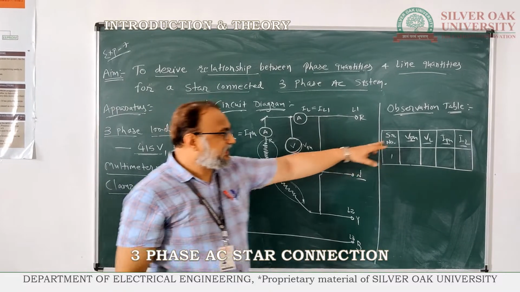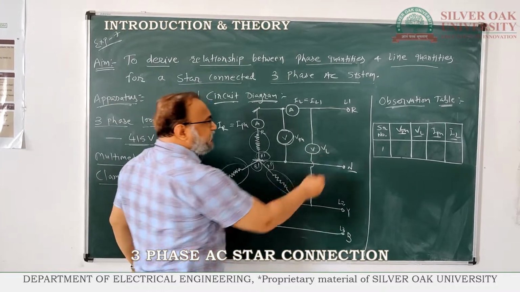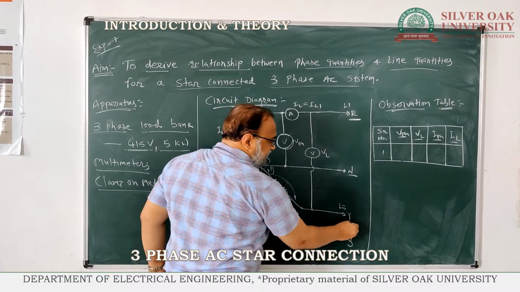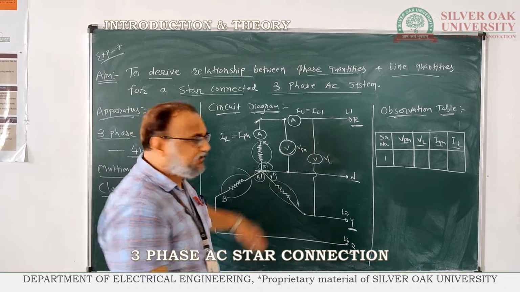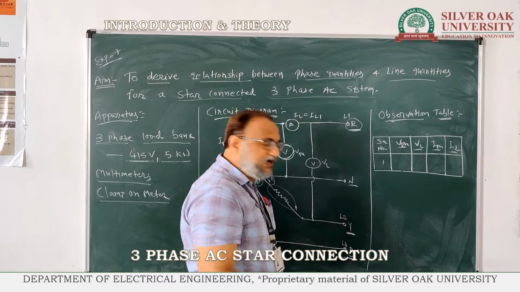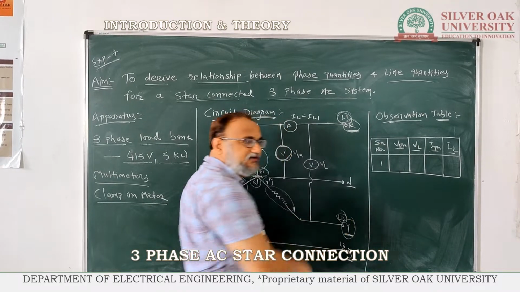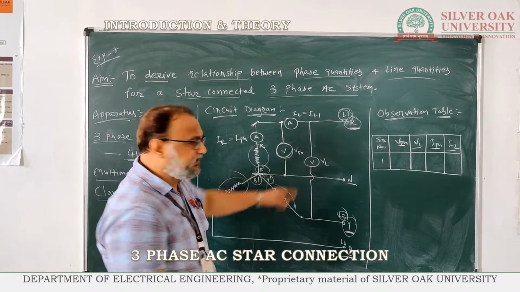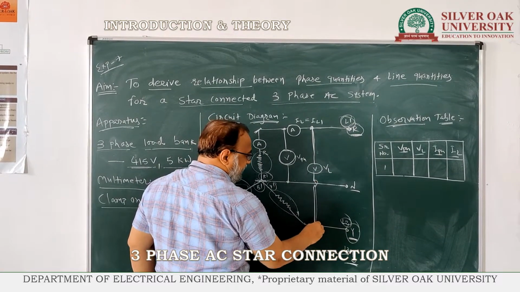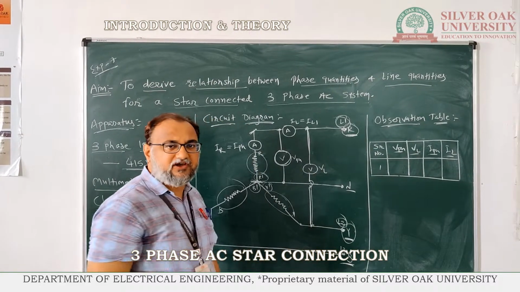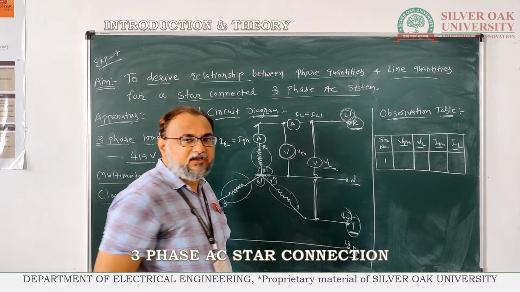Okay. Now the second thing is line voltage. Line voltage means we will measure between the two lines. You can see here that this is one line, this is the second line, and this one is the third line. We will measure the line voltage between R and Y, or you can also say between line 1 and line 2. You can see here the connection of this voltmeter. It is connected here with line R, and the second end is connected with line Y, or you can say L2. So this voltmeter will give us the reading of line voltage.